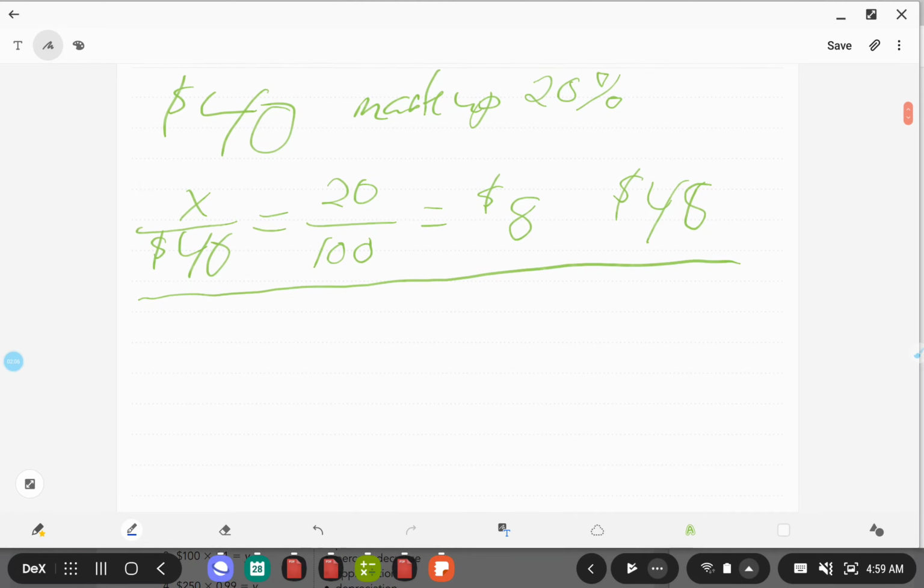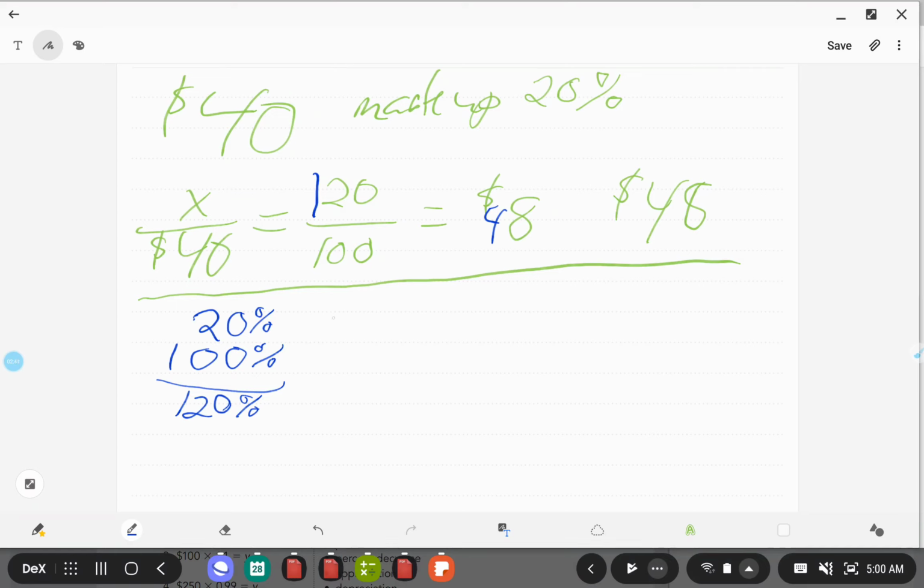In the same question, if we were doing a 20% markup of $40, we would know that the $40 represents 100%, and the 20% markup is 20%, right? So our final result is going to be 120%. And then I could still use proportions. I could do 120 over 100, right? And that would actually give me the answer of 48. So I could do that if I wanted to continue using proportions, or I can use the equation method, which is the one I prefer,